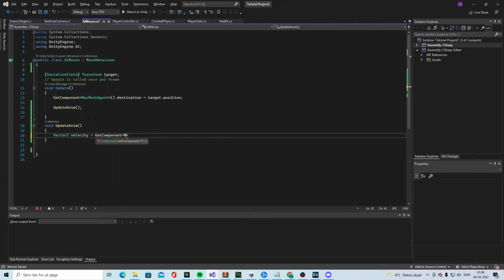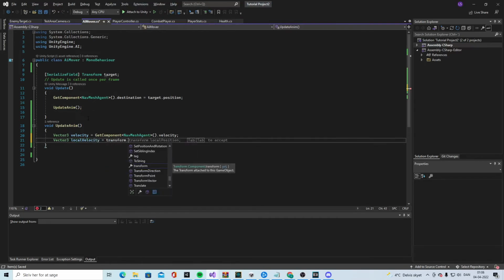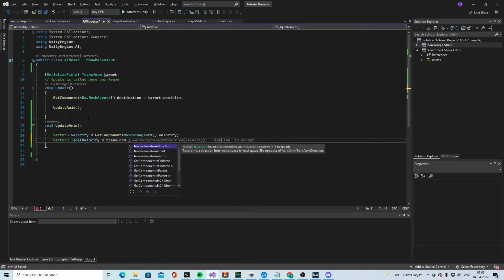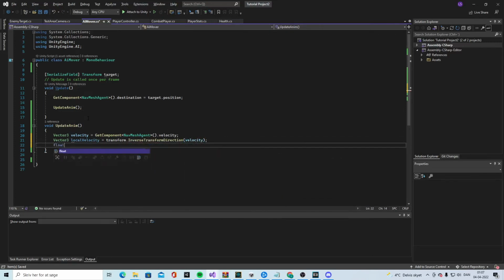So navMeshAgent.velocity, and then we will take the local velocity is equal to transform.InverseTransformDirection velocity, and then we say float speed is equal to localVelocity.z,